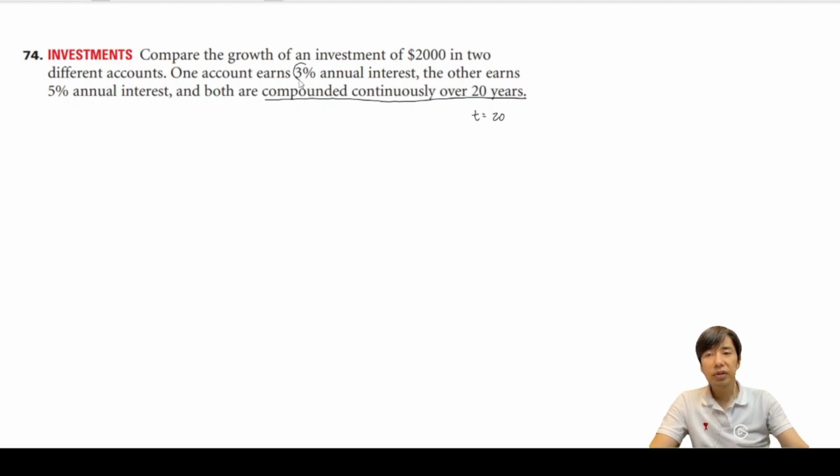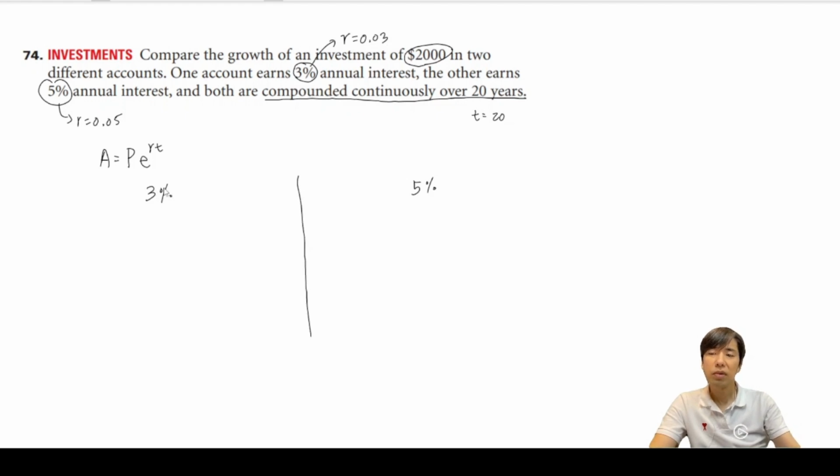For the first one, it earns 3% interest, so R is 0.03. And for the second one, R is 0.05. The initial investment is 2,000. So I'm going to use A is equal to P, the principal, times e to the RT power. So we're comparing two, one at 3% and one at 5%. Let's compare these two. So for 3%,